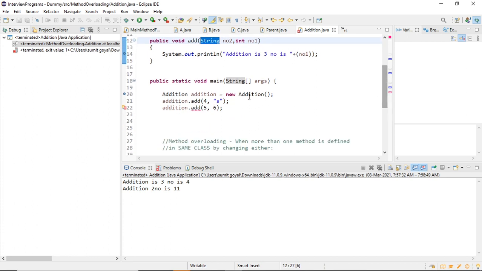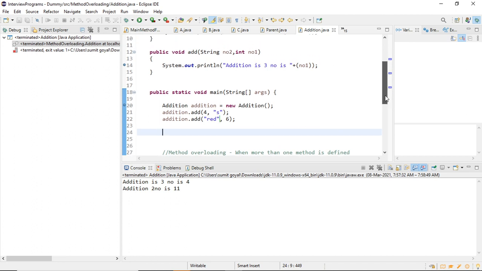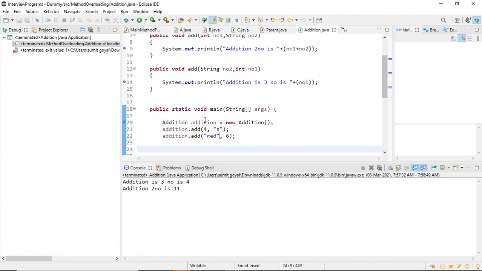So if I just call this, first one is string like red and second one is this one. So can anyone tell me, if I am running this program, which method will be called first from these two?